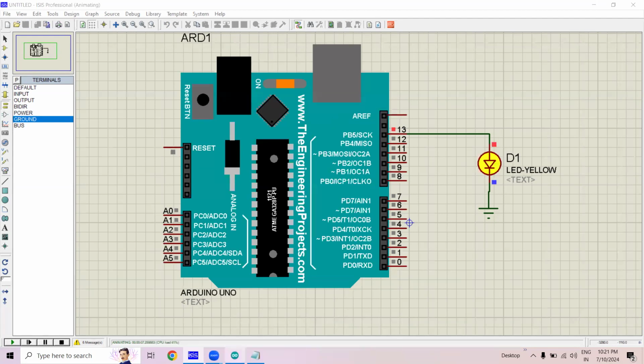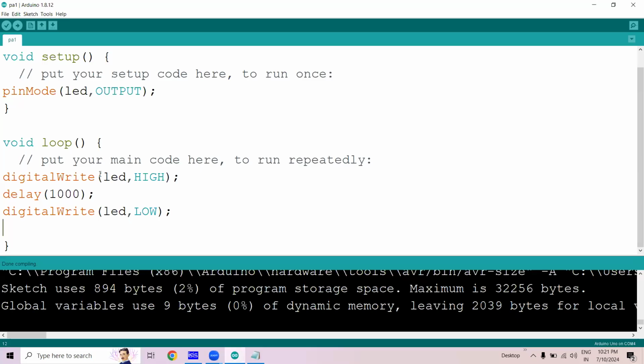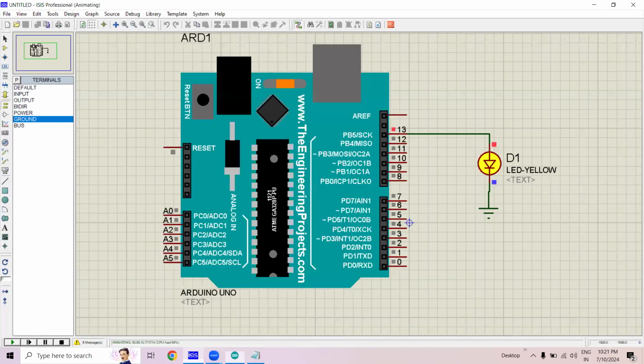Okay, so we have the code, and this time it's in a loop: LED high, LED low, with a delay of a second. So it must run the LED for an infinite period of time. But when we play the circuit, the LED is continuously on. It's not even turning off, although this is in a loop. And why is it happening? Because